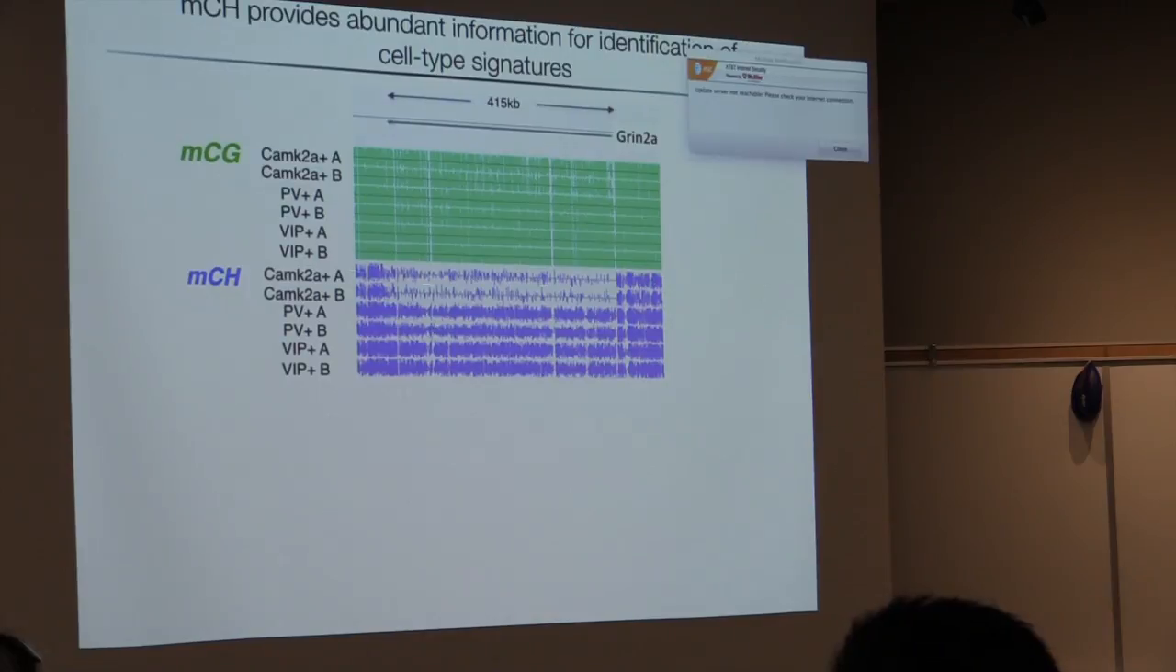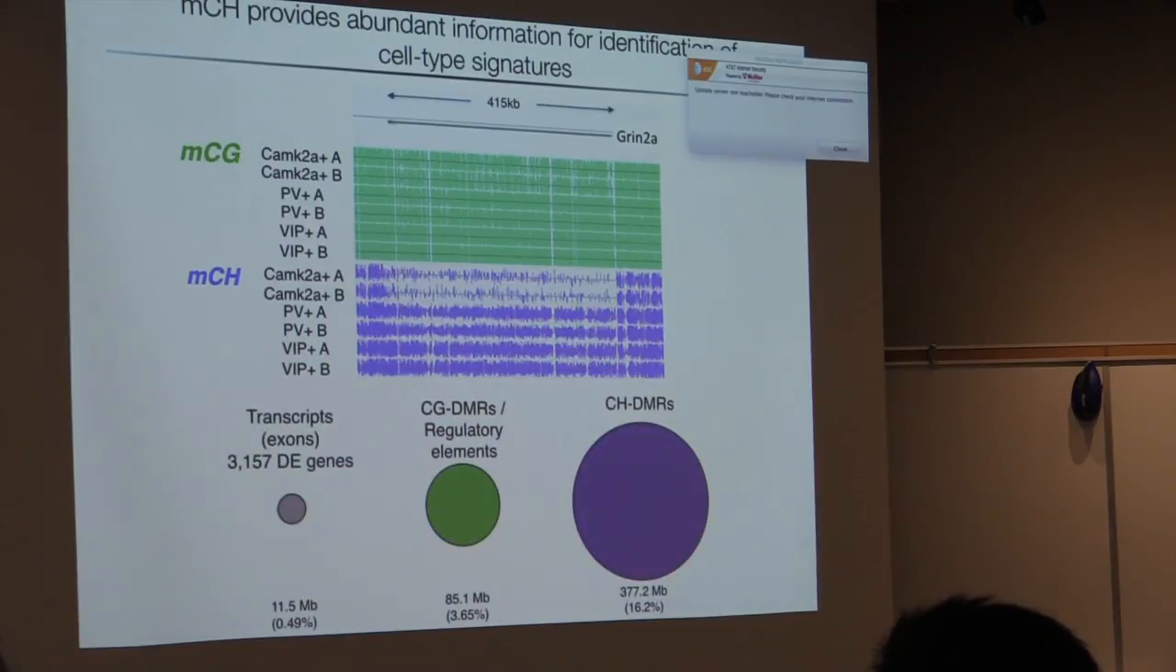The differences can be quite large. So you can see, for example, this is a 415 kilobase region of this GRIN2 gene, which has a very different methylation state in excitatory neurons. And so you can use this as a signature, in fact. If you look at transcripts, okay, this is the amount of genomic space, a percent or so, that